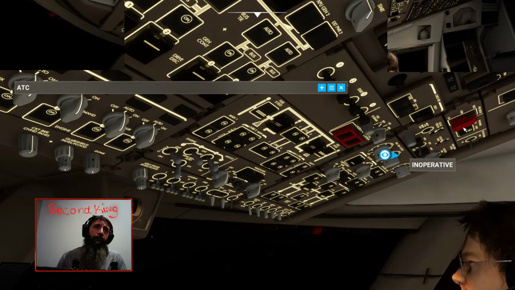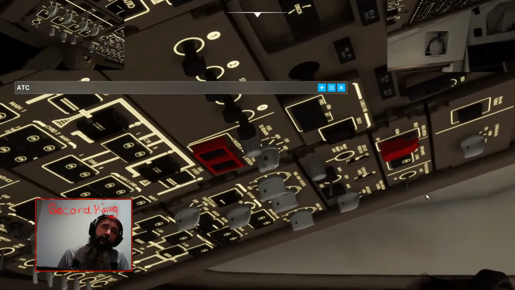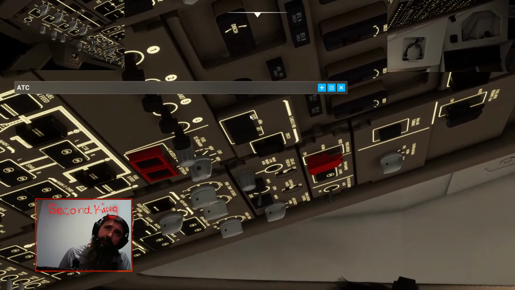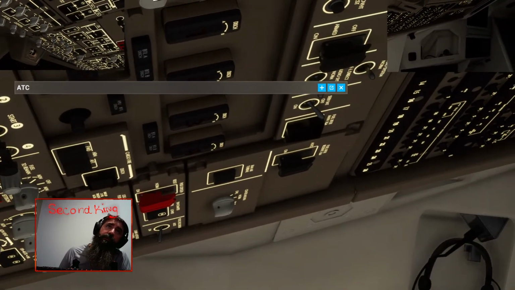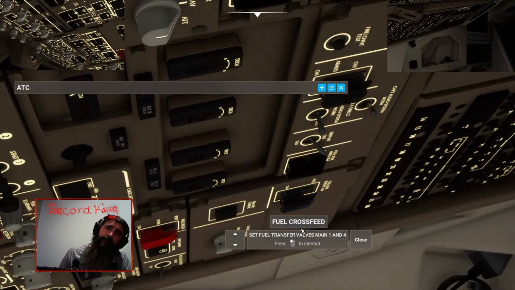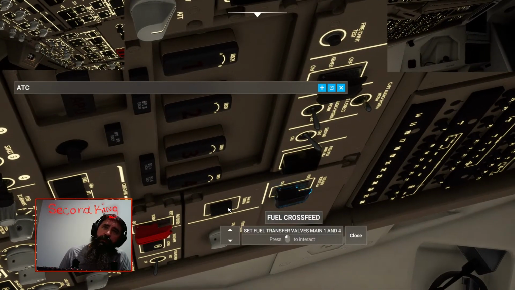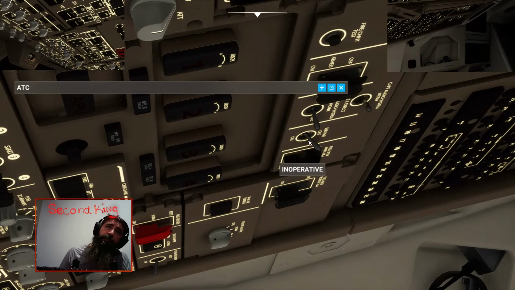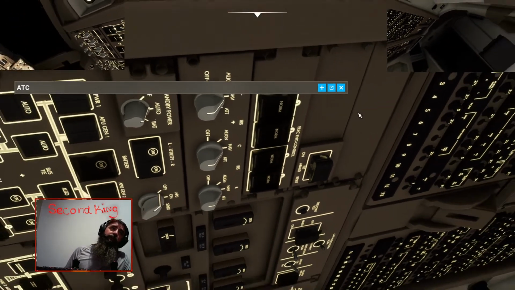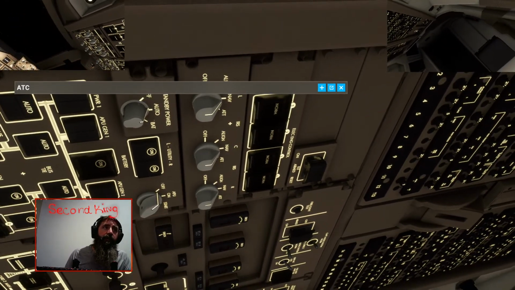Air conditioning. I can't see what that one is. No idea. There's cargo, AFFF. On that side, there should be. That's fuel crossfeed. I don't know. Somewhere up there should be the controls. They're probably up there on the right hand.